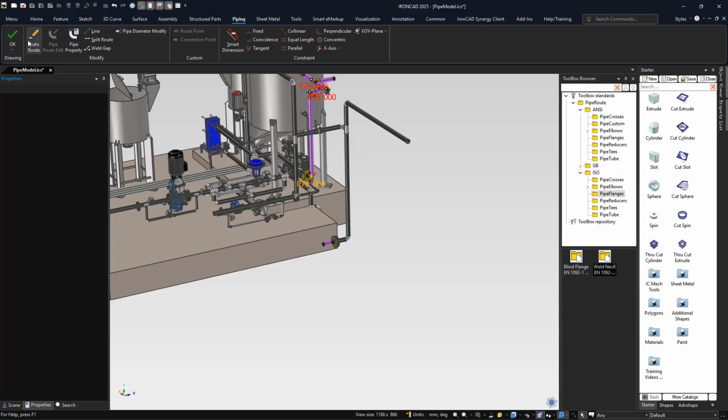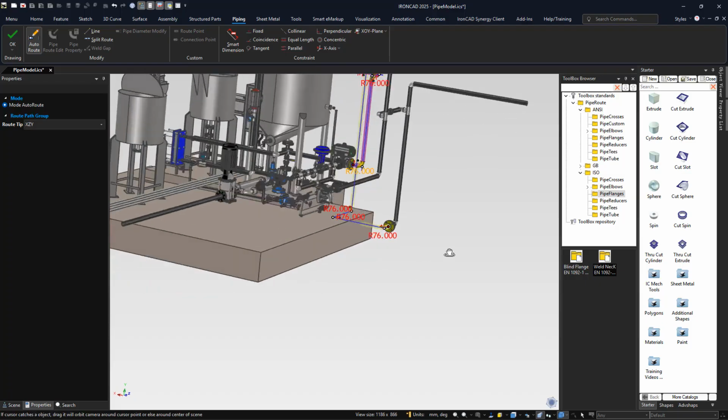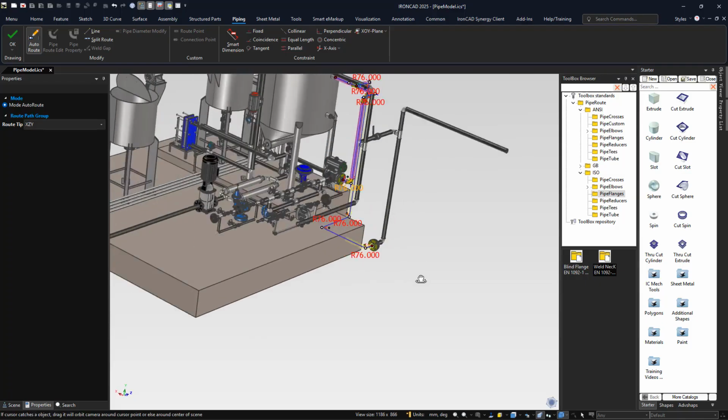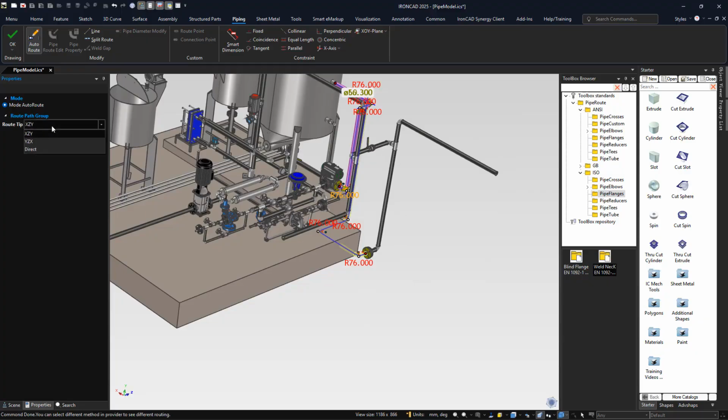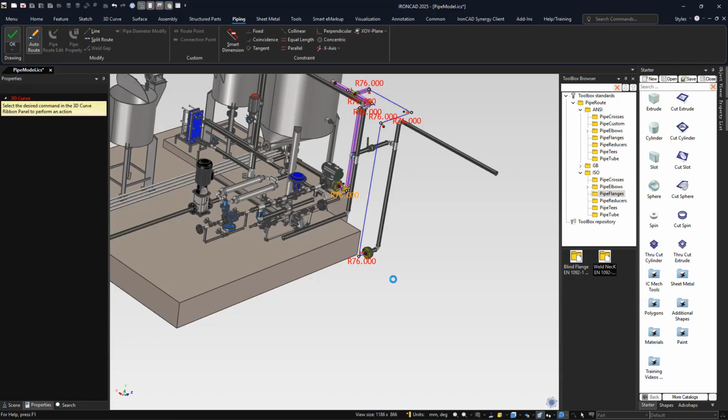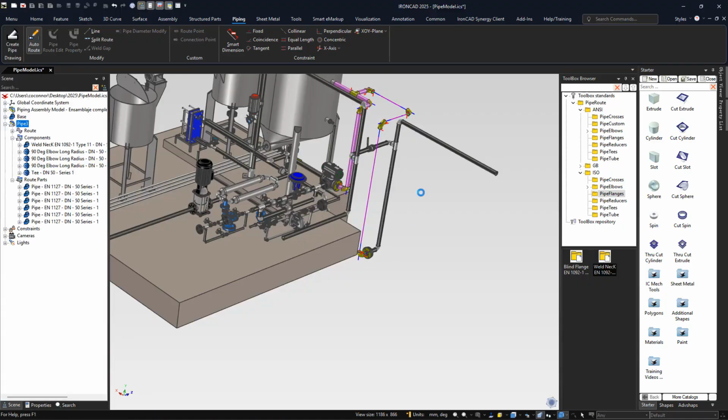And now we can do the auto route again. We can just select our point and our point, and it'll do that pipe route run. In this case, that might not be the desired direction because it's kind of going into my floor there. I can see that. And so let's go ahead and change that to a different path inside of there. So it'll redo that to the Y path. That looks like a better route for us, and we'll go ahead and hit OK. Okay, so that's an example of how this can be used inside of here, and this will update again,